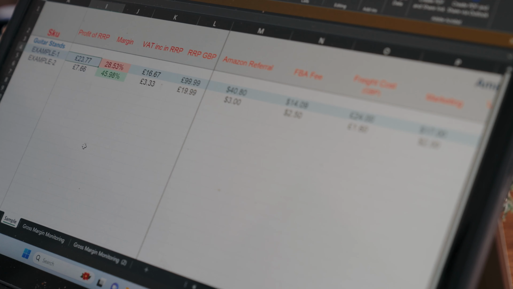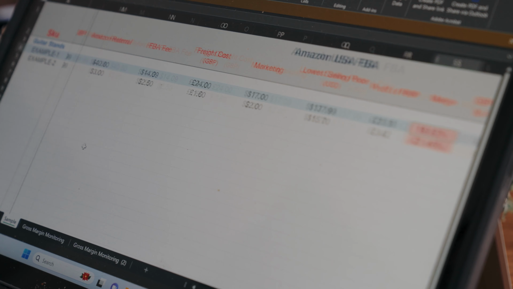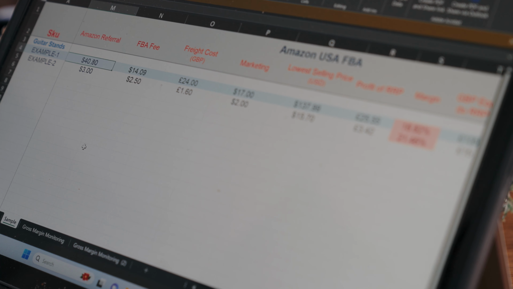So when we scroll over here, this Amazon USA FBA section of this spreadsheet references the costings previously discussed. And you can see here there's a much higher Amazon referral allowed for. This is because the costings in Amazon in America are much more, especially for ourselves. This is literally based on the percentages that we see in real time. So it's 15% on this specific category we're talking about here today in terms of a referral fee in America,